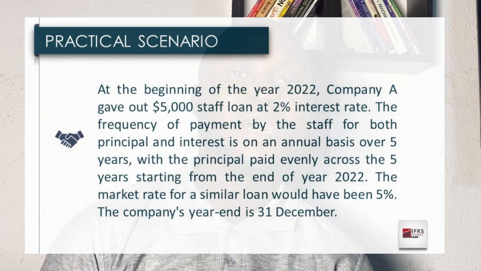So you see, with respect to accounting for staff loan, we mentioned that staff loan is a financial asset. What this implies is that it will be accounted for under the requirement of IFRS 9. And under the requirement of IFRS 9, there is the expectation that when the company is recognizing the staff loan, because it's a financial asset measured at amortized cost, you will have to initially recognize the staff loan at fair value.